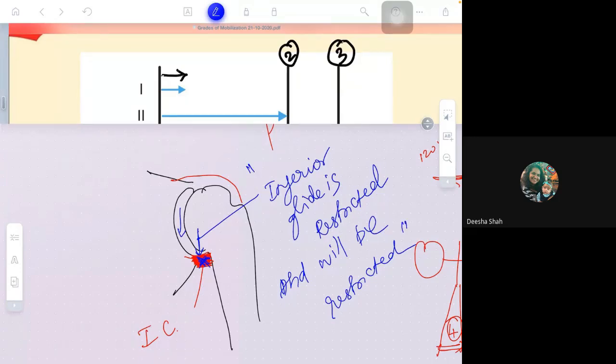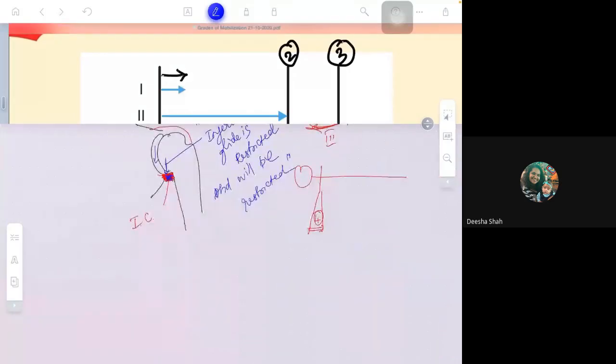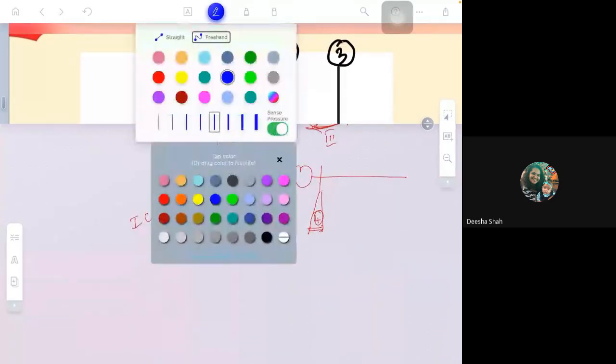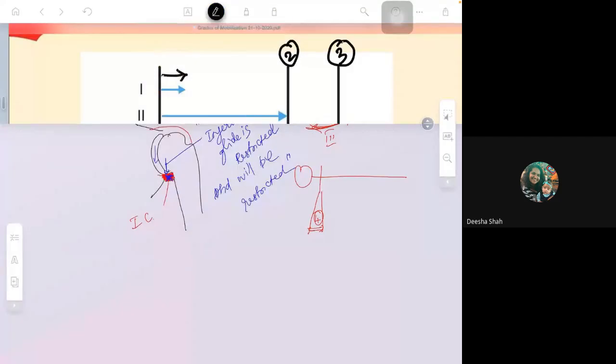Yes, sir. So what should be your aim? Imagine this person, what will be the range? It will be 90 degrees. Why? Because the joint capsule here is tight. So abduction is restricted to 90 degrees. Now, what will be your aim?